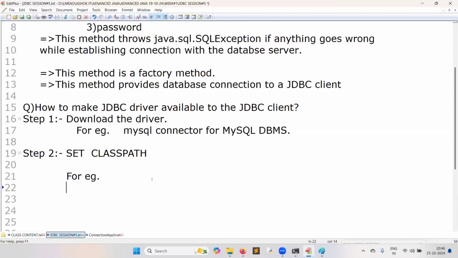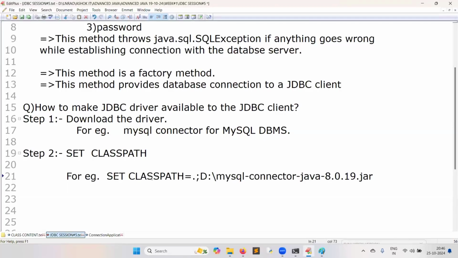If you are using an IDE, this command is not required, but we have to somehow configure it. I will show you the configuration at the end of JDBC. After the last session of JDBC, I will show you how to configure the driver in Eclipse. Eclipse is not great, please remember. Learning the concepts is great. IDE is cheap in my view. It's not great. Okay, that's all.